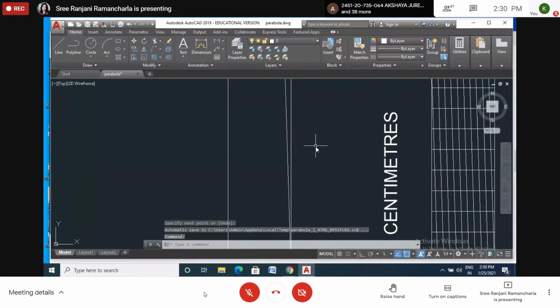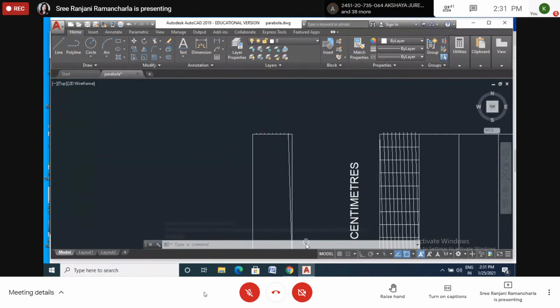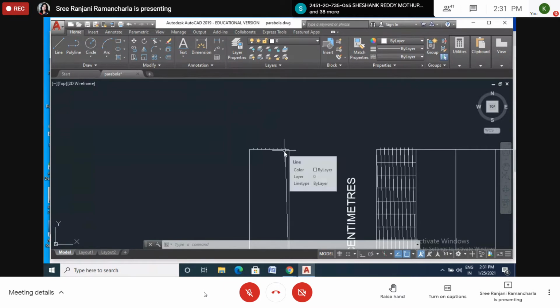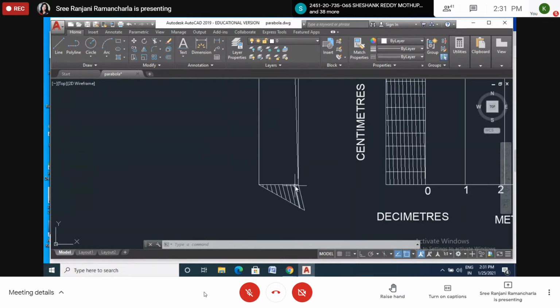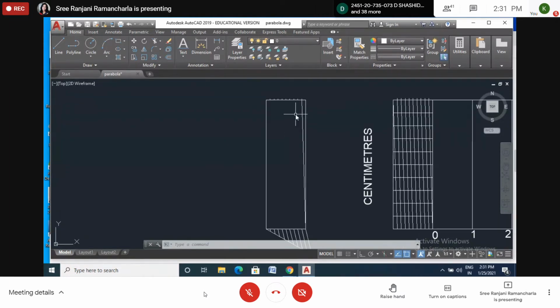If this is the 0 point, the starting point, and this is the first point here, join this one. And if this is the first point, and this will be the second point, join here. So that will become inclined, diagonal. Is it clear, Sai? Yes, ma'am. Now, you can draw with the roller or with a scale also. It will be easy. Join these 2 points, again join these 2 points like that.